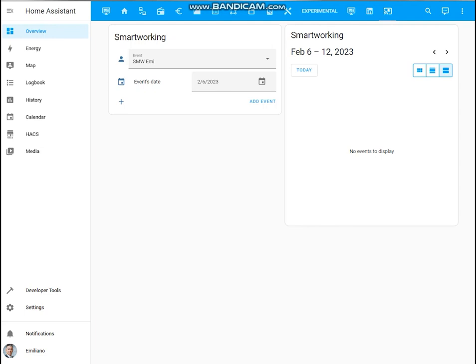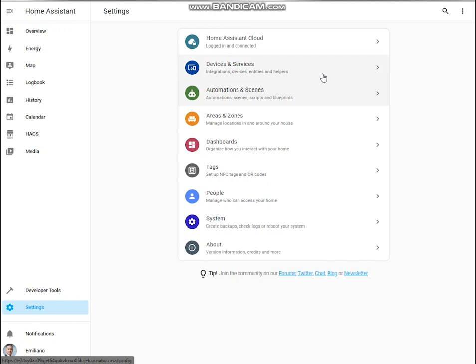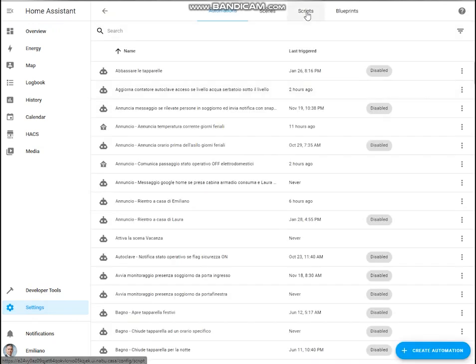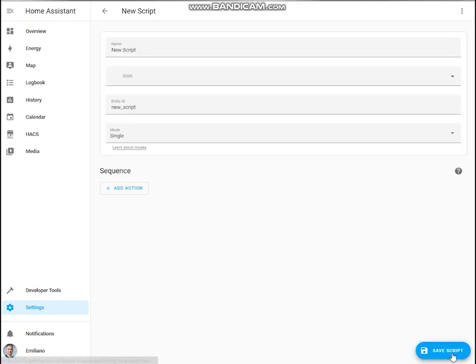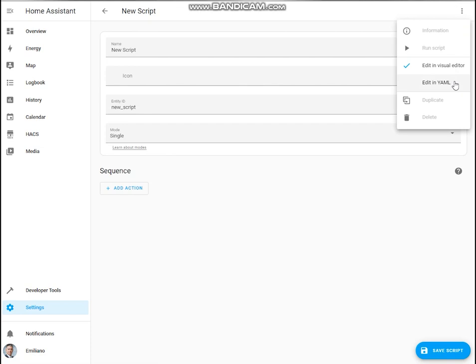Okay, now the last step is to create the script that will be used to add the events to the local calendar. The script I'm going to create will be called every time you click just here. So go to Settings, Automations and Scenes, Script, add script, switch to YAML code,